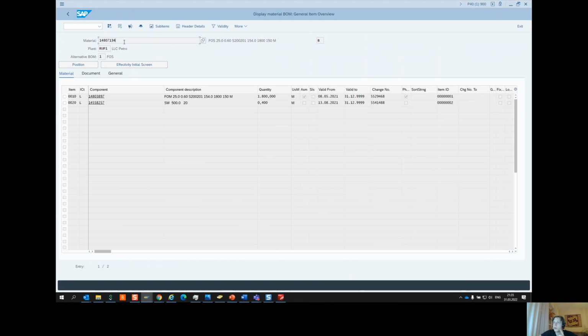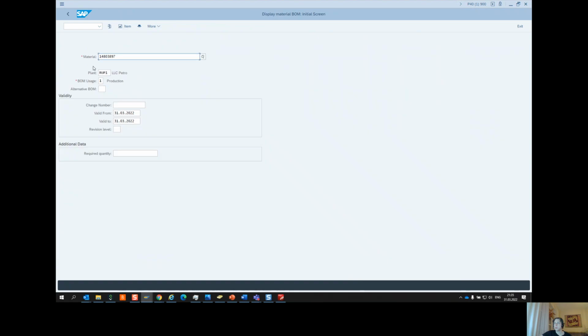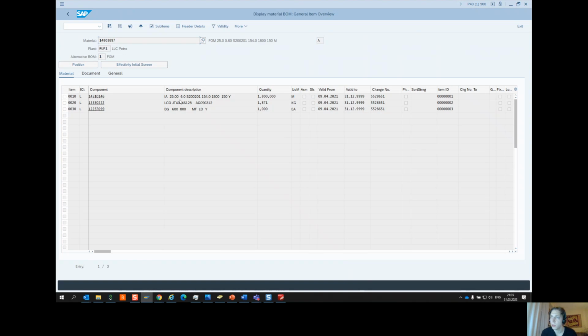Also, my final point here is that parent material can have several alternative BoMs. So in this case, we have only one BoM, but for example, let's check if there is a second alternative BoM. No, there is none, right? So that means that this parent material has only one possible set of components, but it is not always the